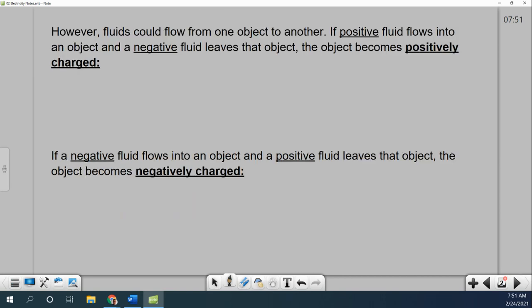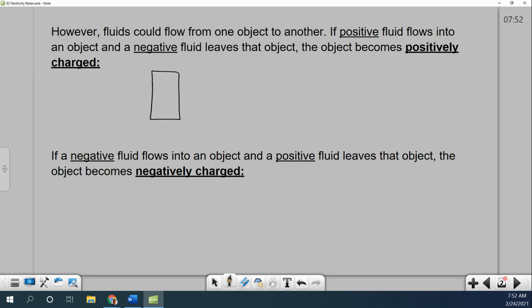However, fluids could flow from one object into another, just like we could pour water back and forth, right? So if I were to put two objects together and rub them together, for example, positive fluid might flow from one of them into the other object. A negative fluid might leave that object and be transferred into the other one. And so your object would become positively charged. So for example,